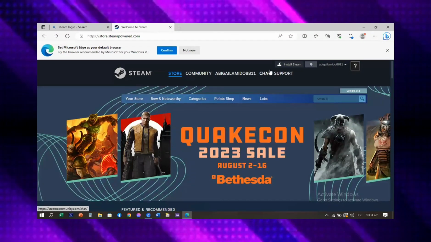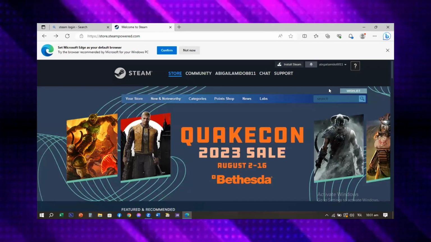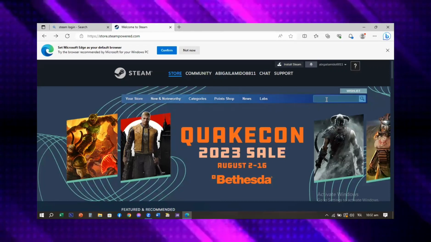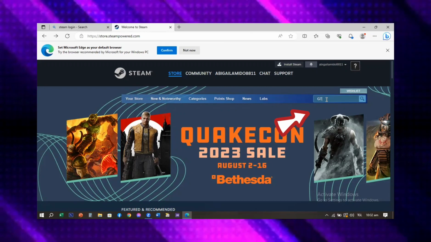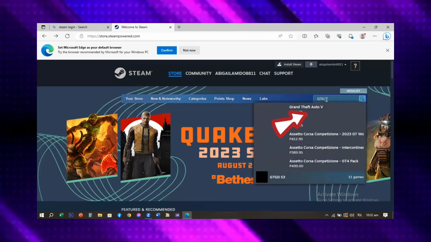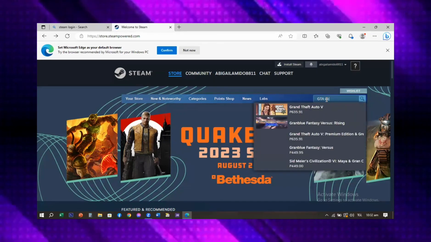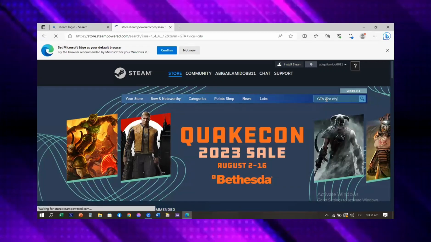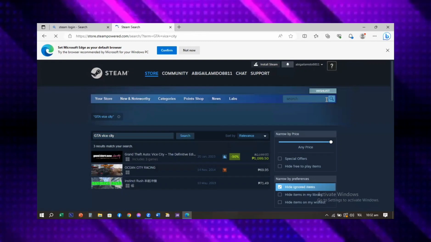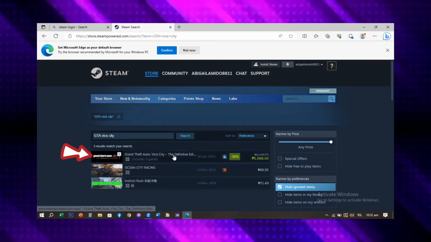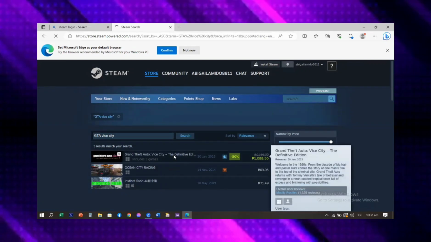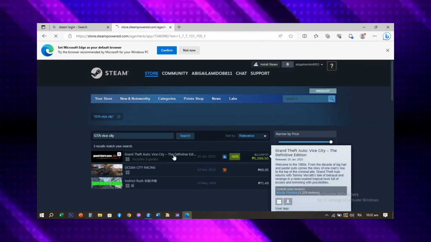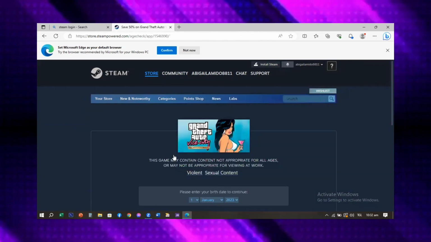So first, log into your Steam account and then click on the search bar right here and then type in GTA Vice City. Once done, click on enter. And then click the first one to appear, the GTA Vice City. Just click that one, and then